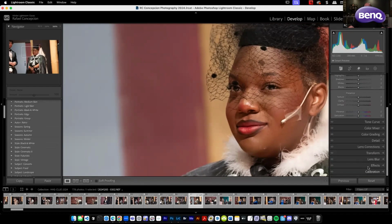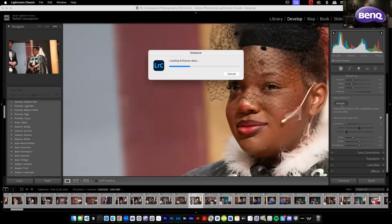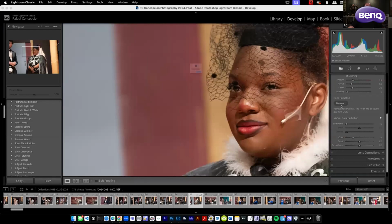scrolling down, you'll see down here we have our detail. Now, on the detail panel, you have sharpening and then you have noise reduction. And then you also still have the old school manual noise reduction, right? So if you wanted to do luminance noise reduction, this is a place that you could do it. Or if you had any kind of color noise, this would be a place that you would do it. But for me, what I would do is I would just do this, denoise. So the denoise is using,